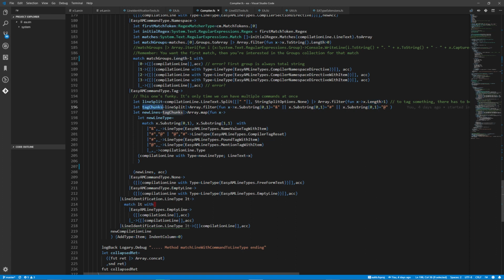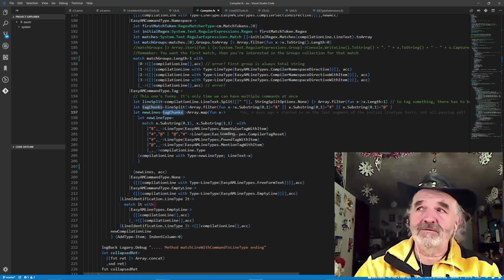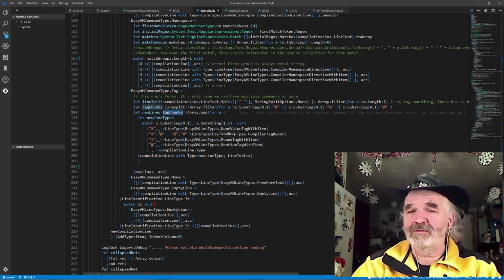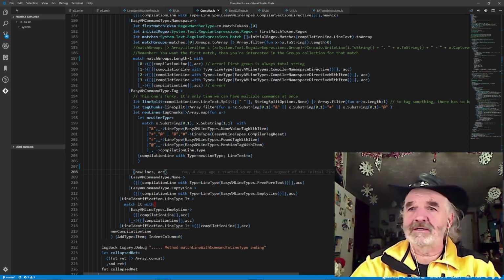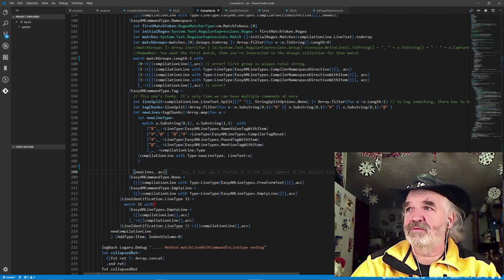That gives me my chunks, and then I take my chunks and I do a map. For the chunks, I check the first character and just map it to whatever type of tag it is. If you're interested in the tagging system, it's in the wiki. There's a wiki page on how the compiler works, and I'll probably put a link on the blog for this. You should be reading the blog entries, because the blog gets into more technical detail of